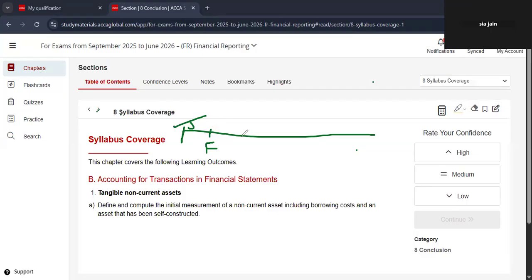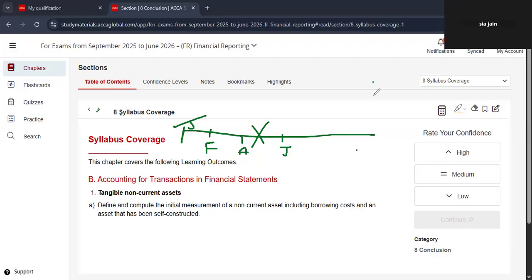Now maybe in April something happened and we had to stop our construction for a while. So from April to, let's say, June. From April to June, you cannot recognize this interest expense as an asset, and you need to expense it off to your profit and loss statement. Again, after June, you started actively making some contributions, and again the process is started.